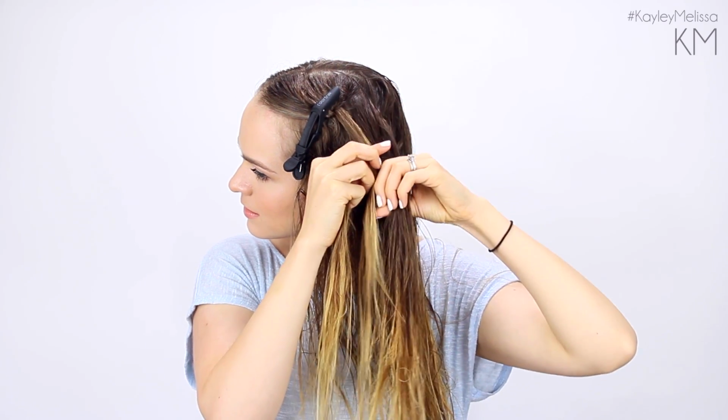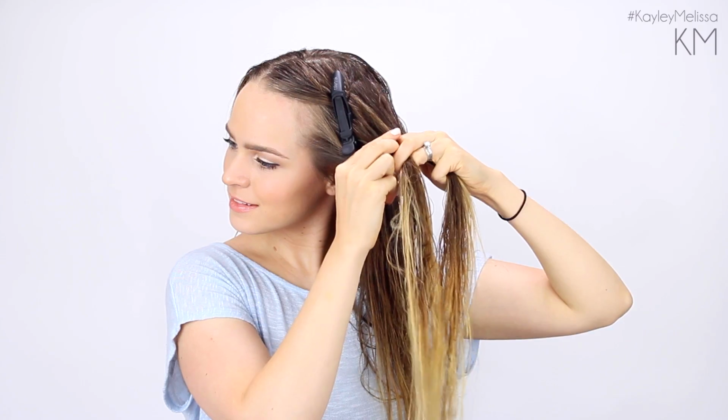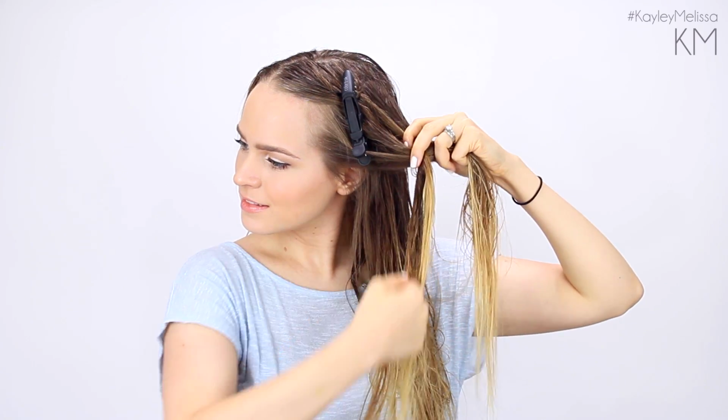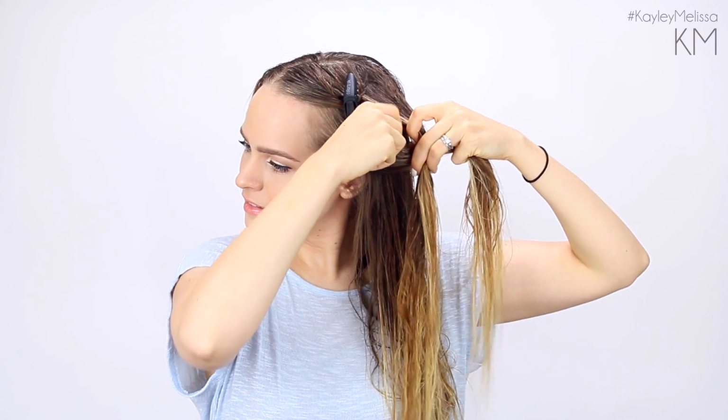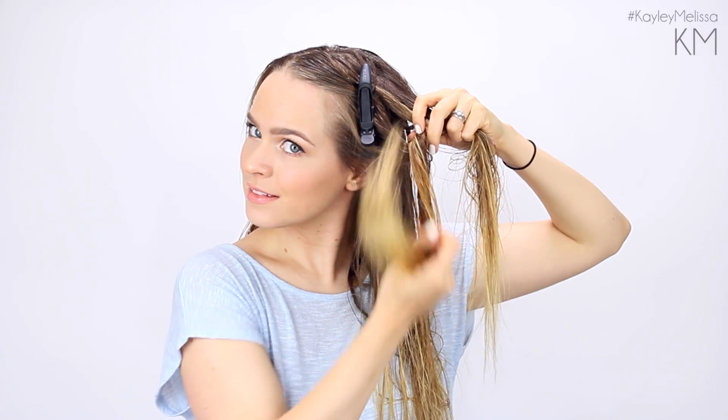So pick up a new section of hair, join it with your back section, and then pick up a section of hair for the front and join it with your front section. And now you start the knot over again. So you cross the back section over the front, reach through and pick up that new front section, and then pull it on through. And once that's done, you're just going to tighten it up and then secure it with